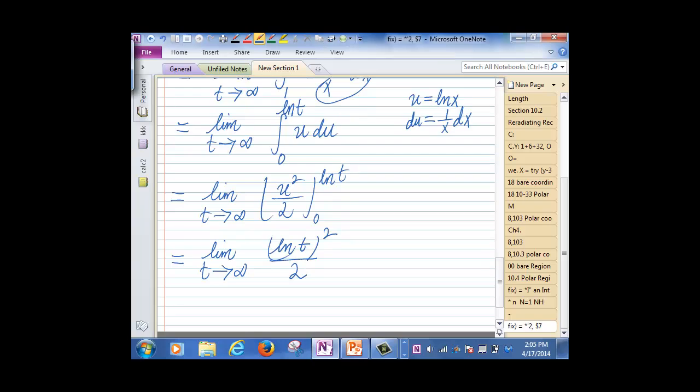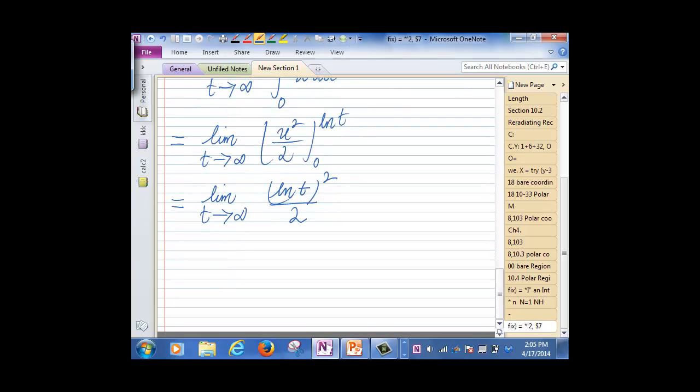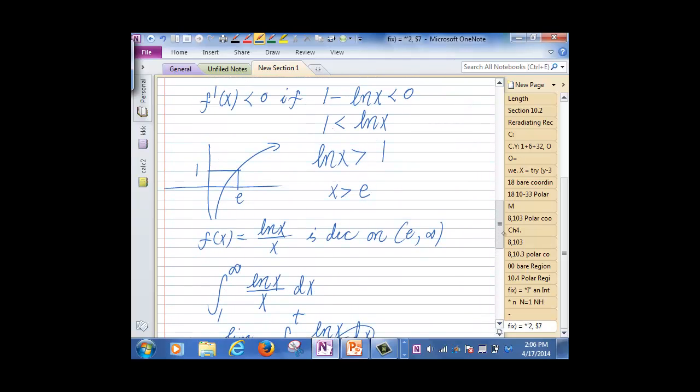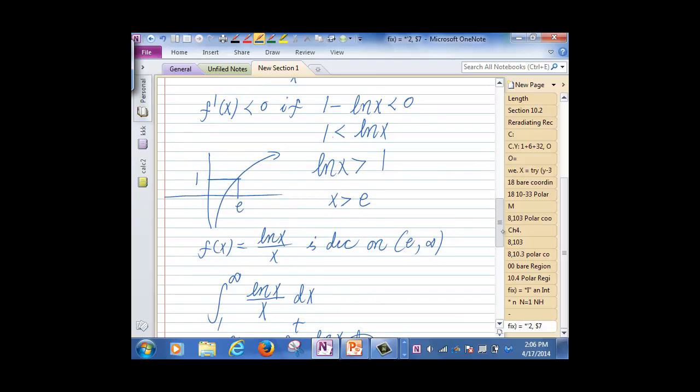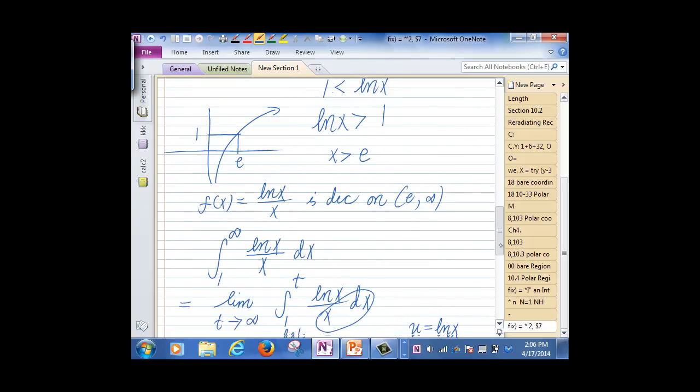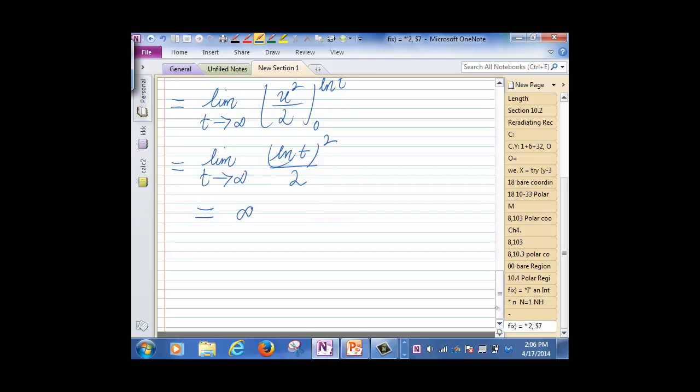What's the limit then? What's the limit of ln of t as t goes to infinity? Infinity, very good. So again, why is that the case? Well, that's the graph of ln of t, right? As t goes to infinity, ln of t goes to infinity. So I have that. So the integral from 1 to infinity of ln of x over x is